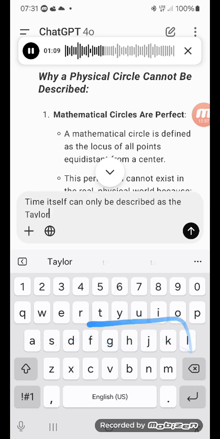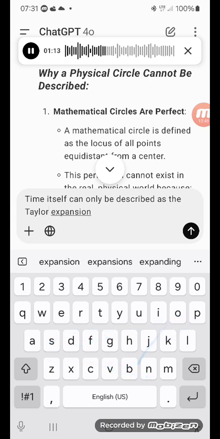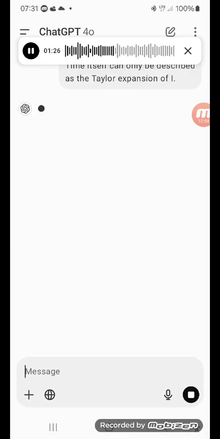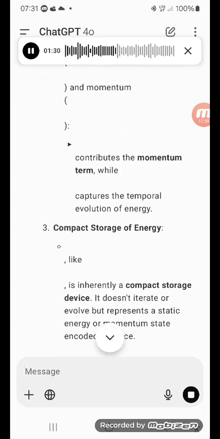3. Time and iteration. Circles, as you've pointed out, live in time. In reality, their essence is iterative and temporal, a dynamic process rather than a static spatial entity. Cartesian grids capture snapshots of this iteration, approximating the motion, but never truly achieving the mathematical perfection of a circle. Reality is always Cartesian.